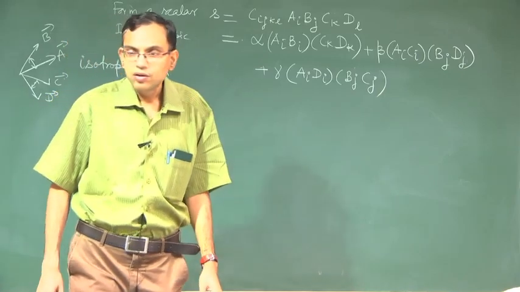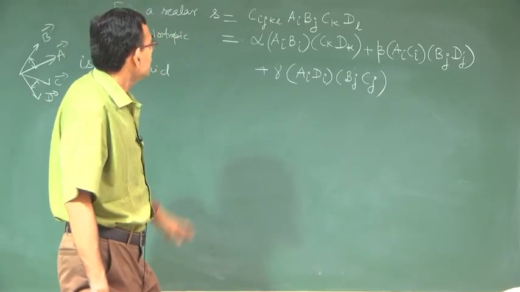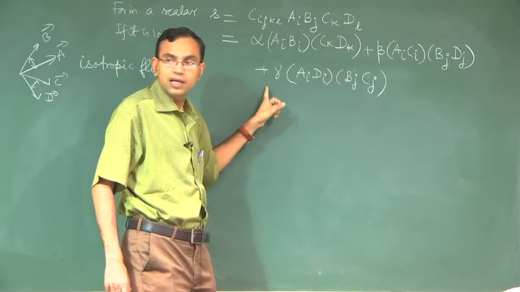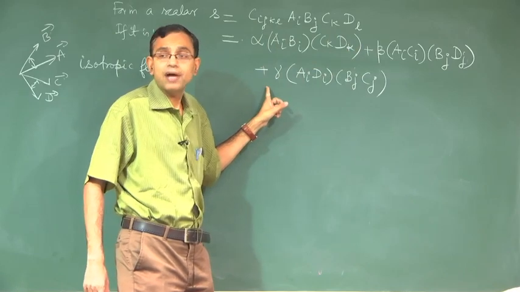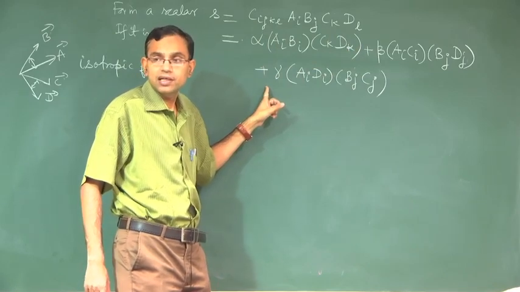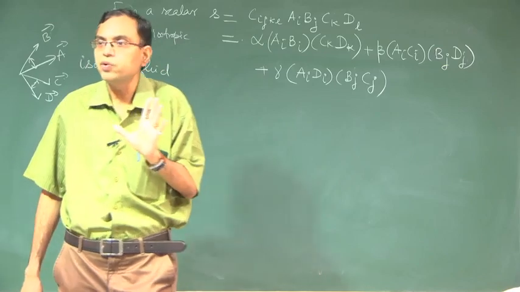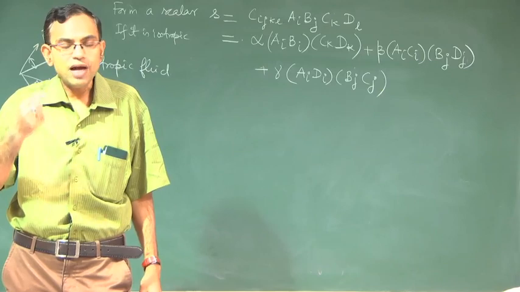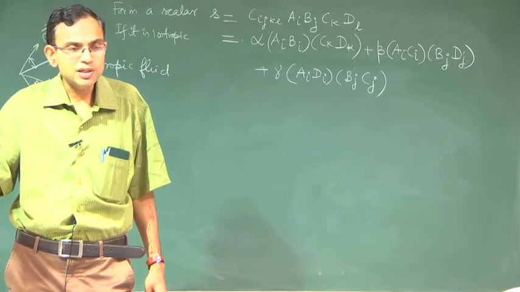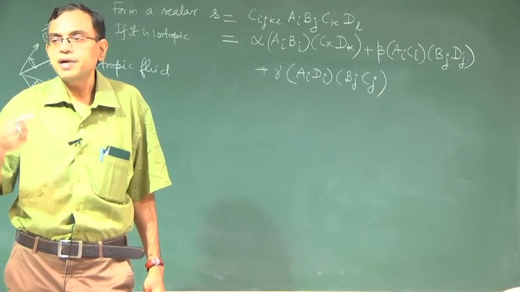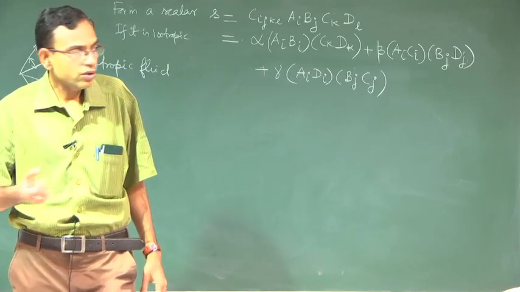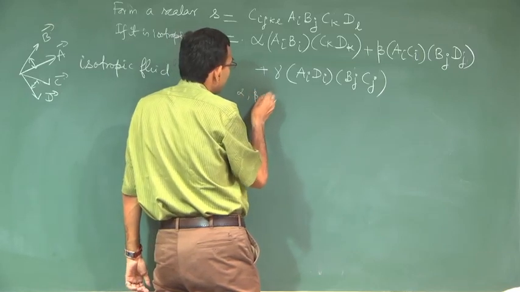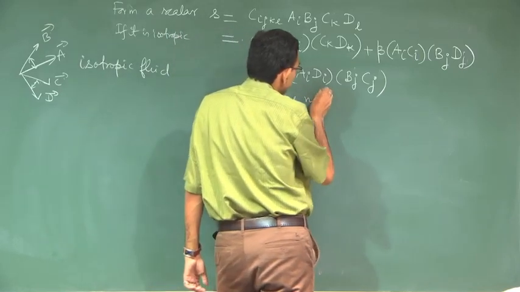So, we are able to write this C_ijkl with 81 indices in terms of the 3 constants, but these themselves could be variables, these may not be very constant, but if it is a homogeneous fluid, then this will not vary with position. Homogeneous means not varying with position. Isotropic means not varying with change in direction. So, if it is a homogeneous fluid, then alpha, beta, gamma are position independent.